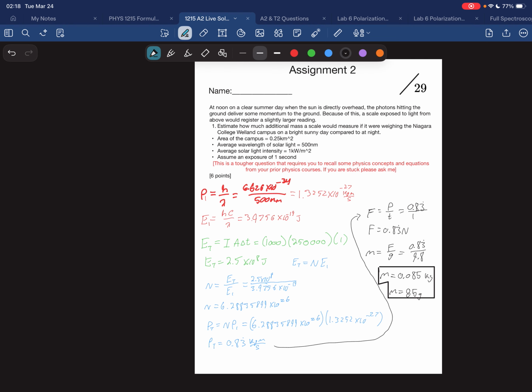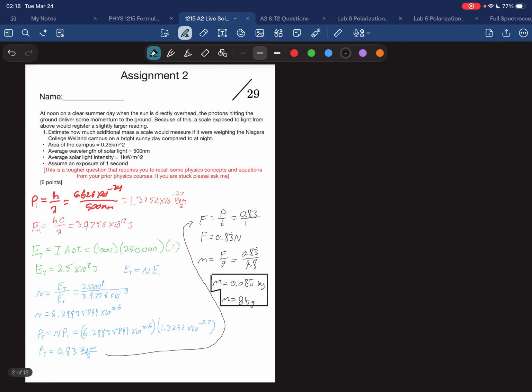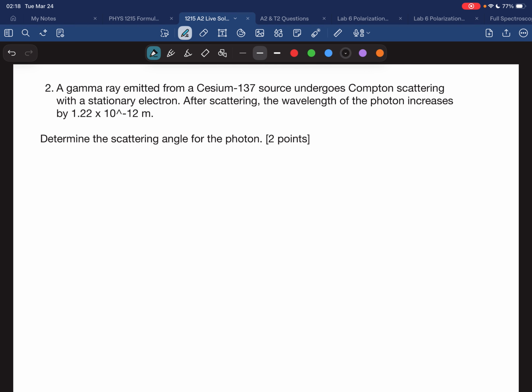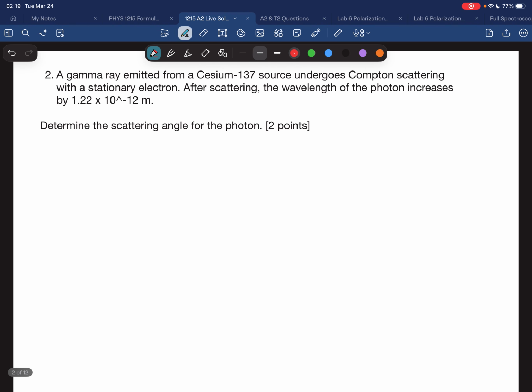So that was question 1. Question 2. A gamma ray emitted from a cesium-137 source undergoes Compton scattering with a stationary electron. After scattering, the wavelength of the photon increases by 1.22 times 10 to the negative 12 meters, or just 1.22 picometers. Determine the scattering angle for the photon. Great. So this is going to use our Compton scattering formula,